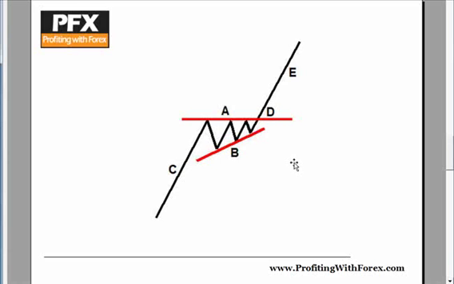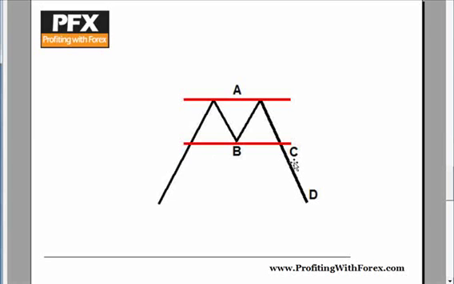Now there are 3 reversal patterns that I want to run through quickly. And the first is a double top. And you can see the same thing flipped upside down would be called a double bottom. The double top, the traders push the price of the currency pair up to a resistance level. They can't make it past it. They come back down. They try to break through that resistance level one more time. It just doesn't work out, and they come down and they break below this previous support level and continue on